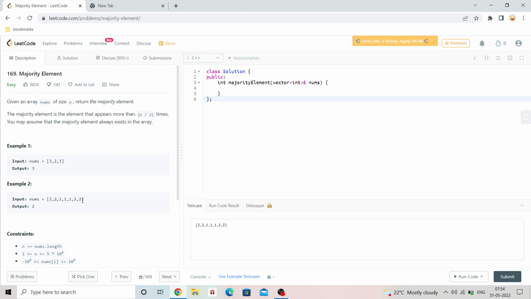So this means we are given one array and there is one element that appears more than n by 2 times. We need to find that one. There are multiple ways to solve this problem. Let's start with the brute force discussion. With the brute force approach, what we can do is go over the entire array one time, and